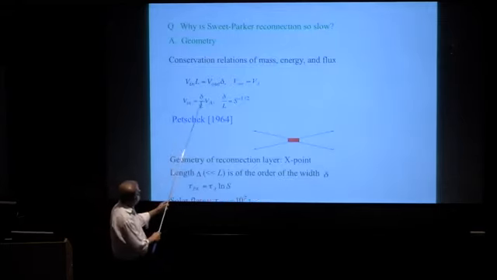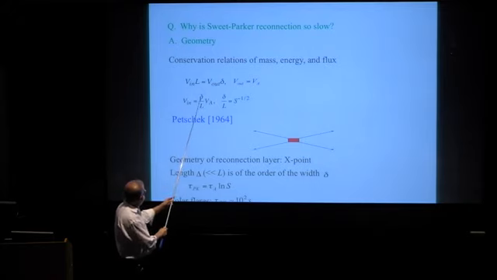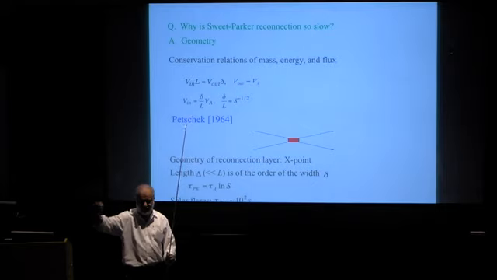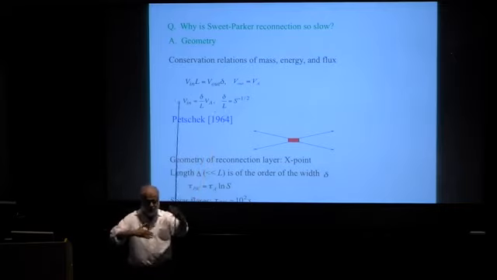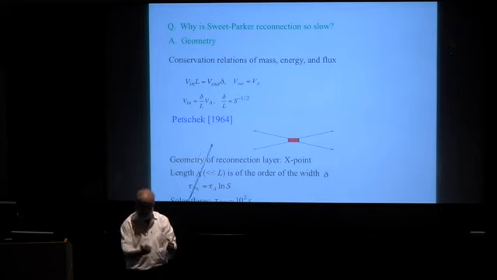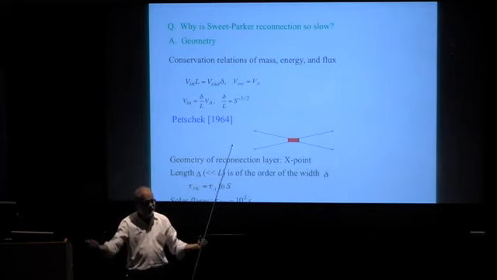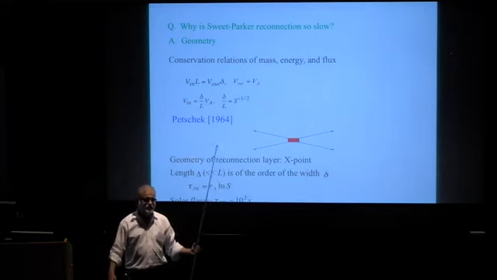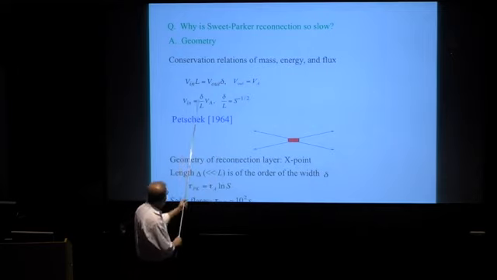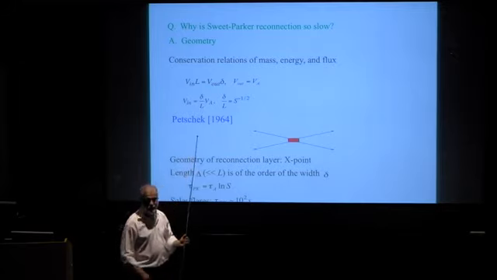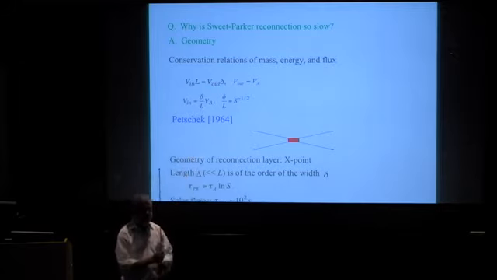Well, the problem is, as I was pointing out to you, that there is a ratio of delta over L, the thinness of the current sheet, the width, against its length, which is system size, which scales like 1 over S to the half. In other words, all that fluid coming in is being pushed out in a very, very narrow layer. And there's a geometric issue with the way this thin current sheet is set up on how rapidly you can drive reconnection. Very roughly speaking, the rate of reconnection in steady state is simply given by a fraction of the Alfvén speed, where the width to the length determines what fraction you get. And that's a very, very small number for the corona.